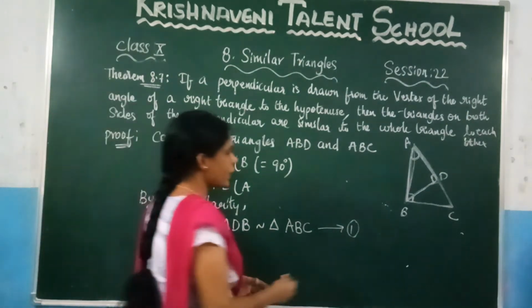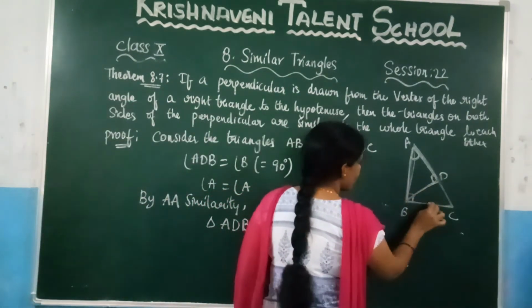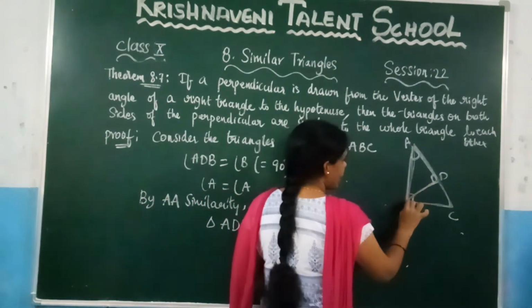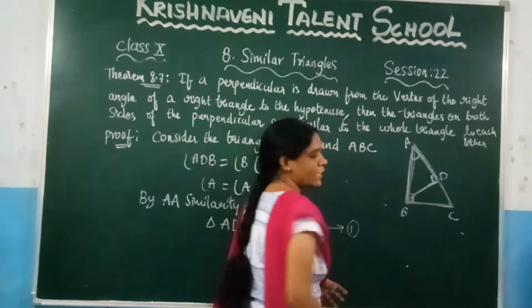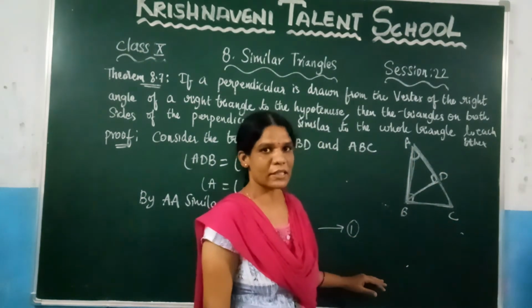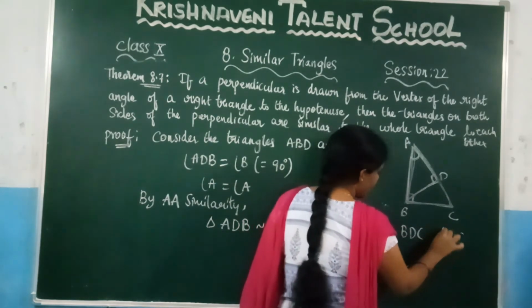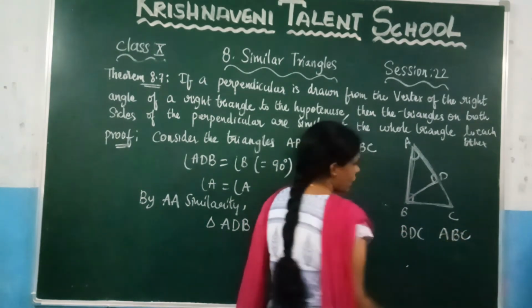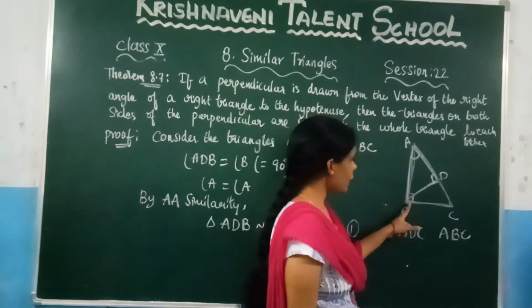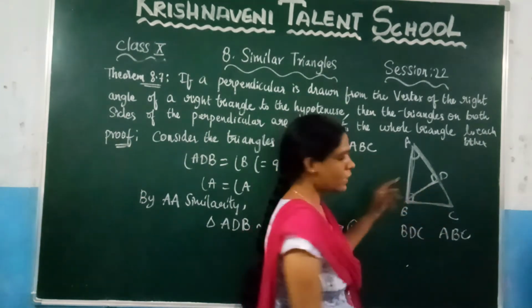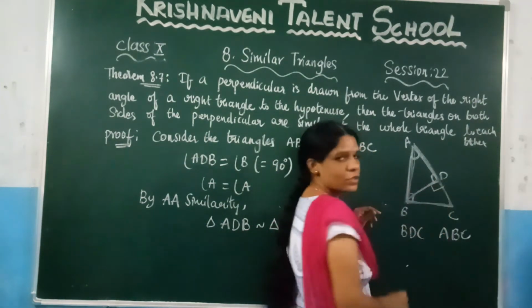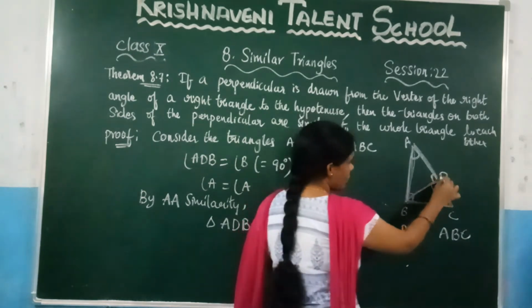Now we need to prove here this triangle and the bigger triangle are similar. So let us see here. Now, if you choose here the smaller triangle, where is the right angle here? Angle D is the right angle. So here you can write it here, angle BDC